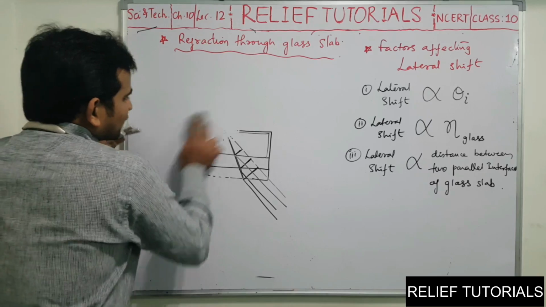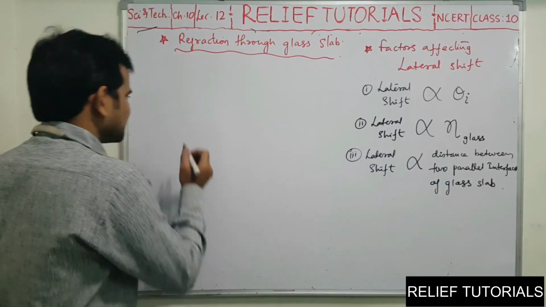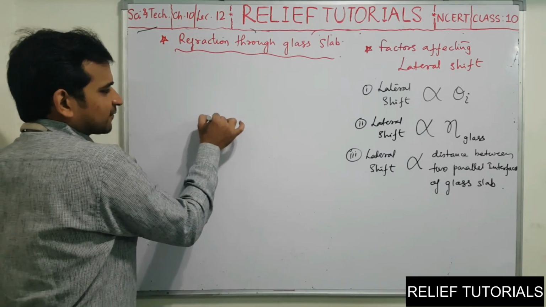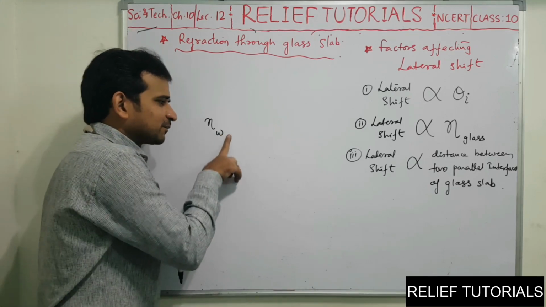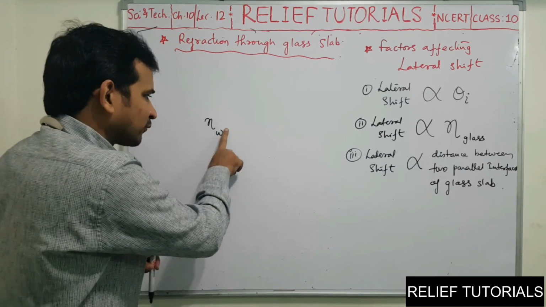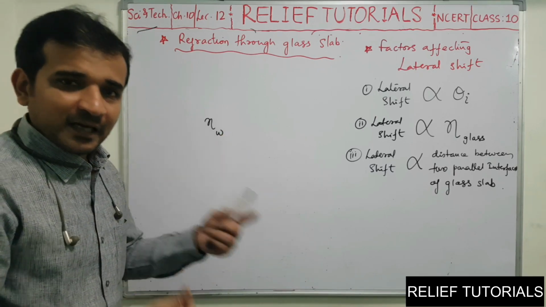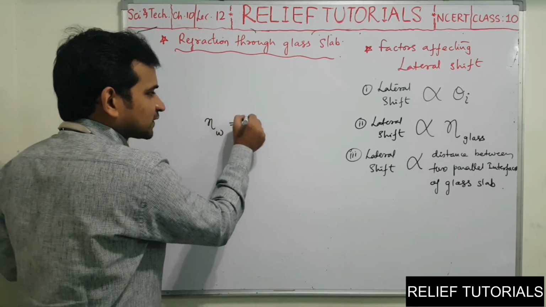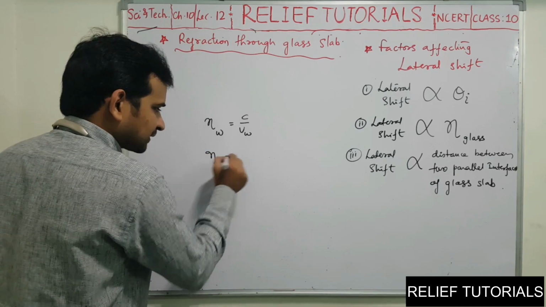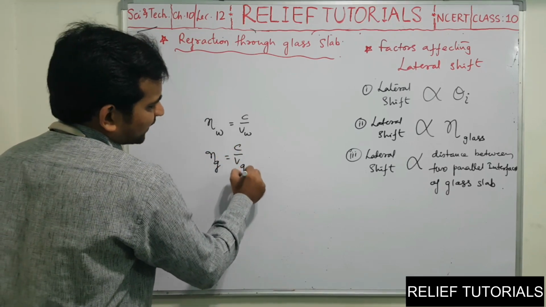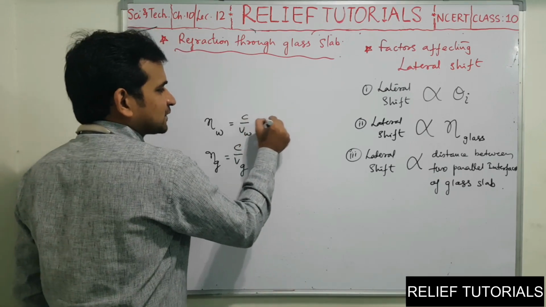See, this is the end of this topic. Two small things are there. Consider, if I write refractive index of water, and I am not mentioning any medium here, what does it mean? If I am not mentioning any second medium, the medium is air. So eta W means C by VW. If I say eta glass, it will be C by V. Now if you just assume the values, the value of C is always